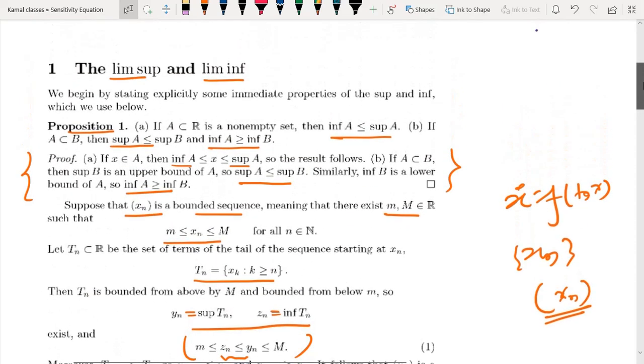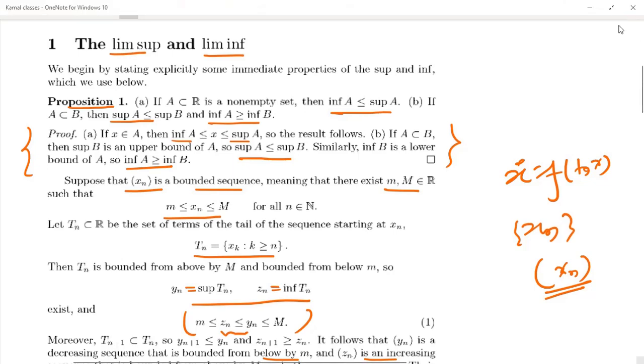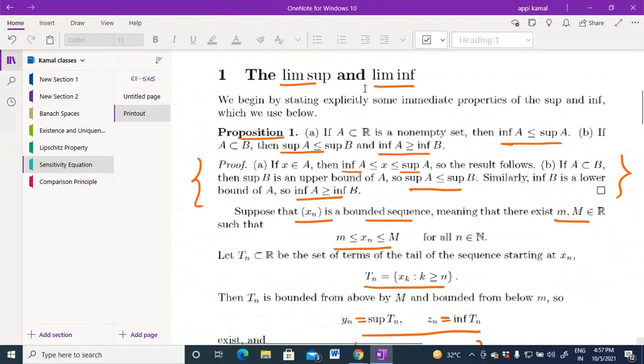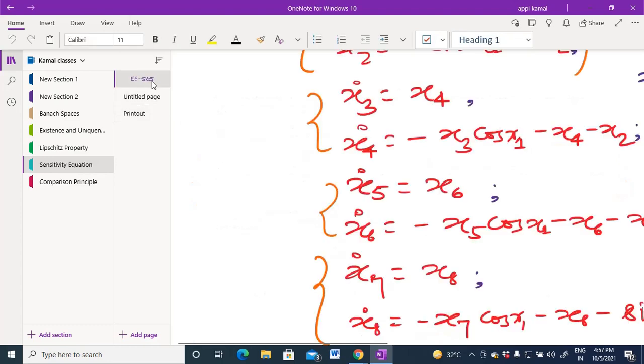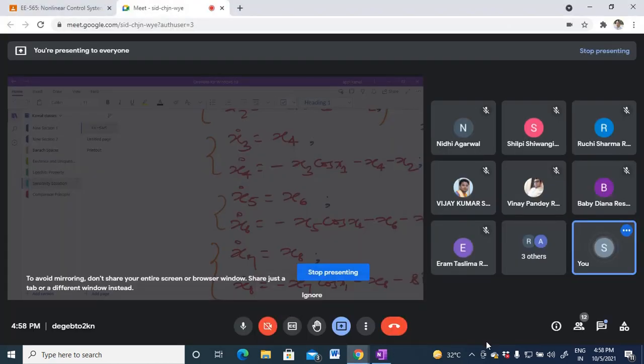Okay, so this part I have just talked about gives the idea of limit supremum and limit infimum. Please try to check some examples of limit supremum and limit infimum by yourself. Up to here, if you have any confusion, please let me know. In the next class I am going to use these notions that I talked about in today's lecture. Whenever we define the directional derivative, we are going to take the help of these notions.